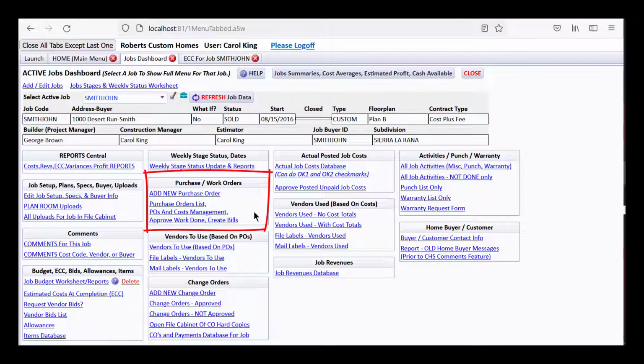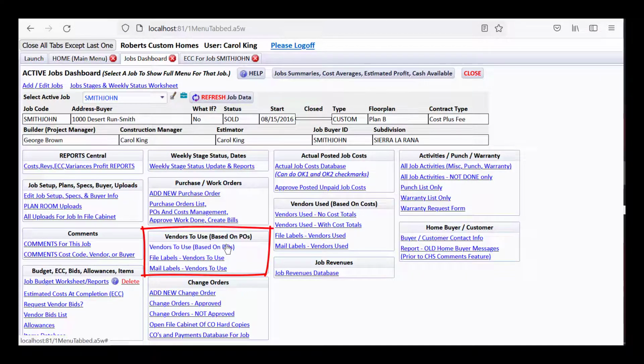You can create POs, which I highly recommend. Please watch our videos about how strong those are for communication between your field, your back office, and everybody else, including the vendors, of course, for how much you're going to pay, who you're going to pay, how you can print a list of vendors to use based on POs and send that to the field, make file labels for those. You can actually drill down and see the POs versus costs,